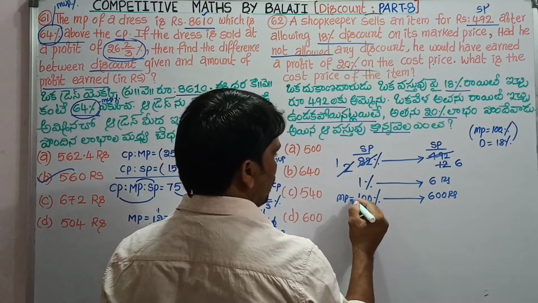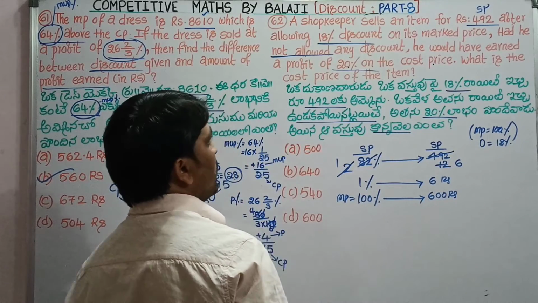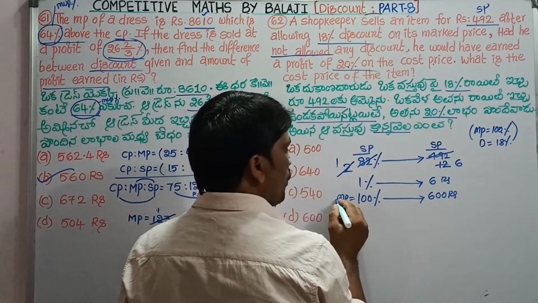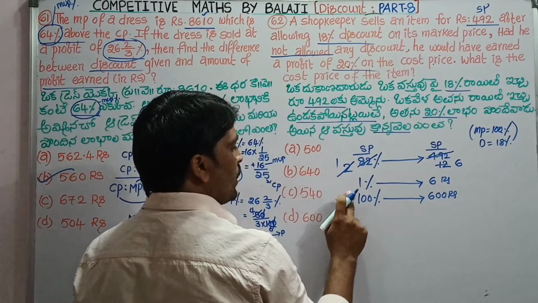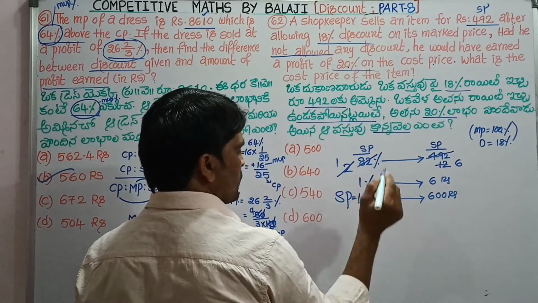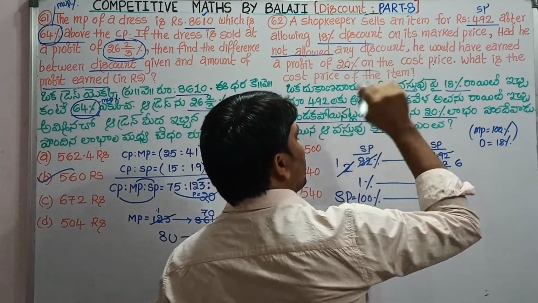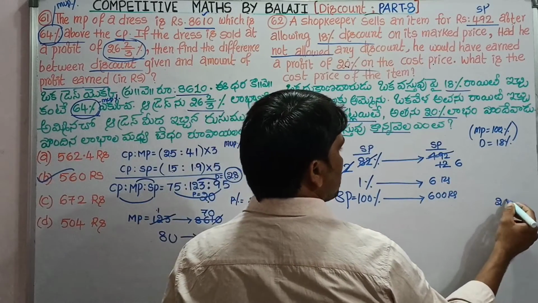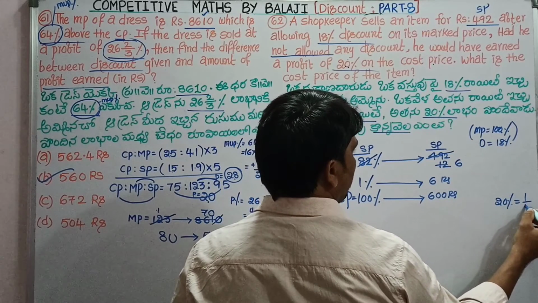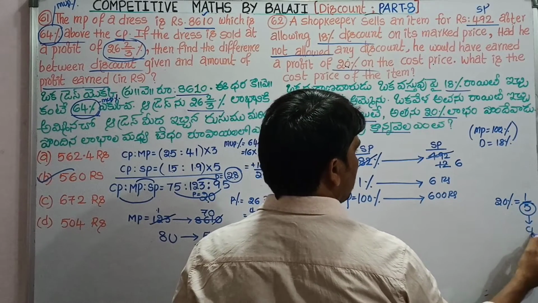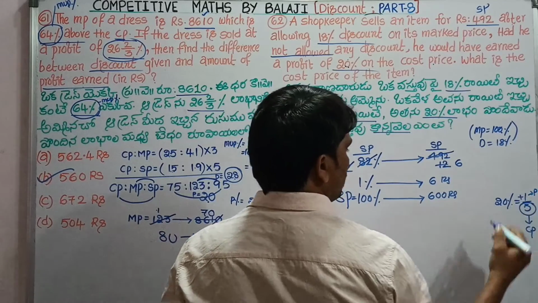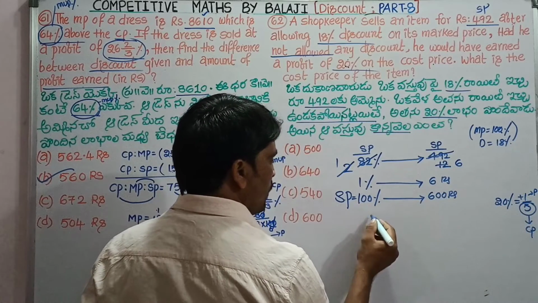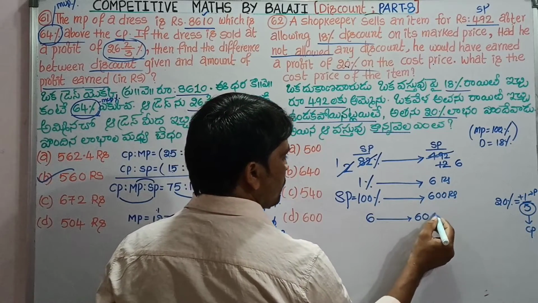It is actually the market price. But in the question it is given that had he not allowed a discount, the market price is equal to what? The selling price. So it becomes the selling price in this case. He would get 20% profit. If the discount is not allowed, then he would get 20% profit on cost price. 20% fraction value is 1 by 5. If 5 units is the cost price, 1 unit is profit. So the selling price must be 5 plus 1, 6 units. That is, 6 units value is 600.